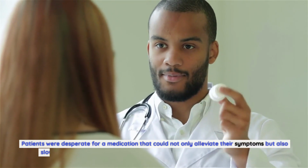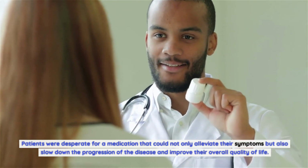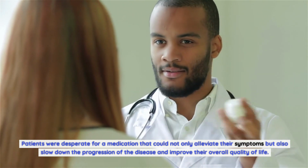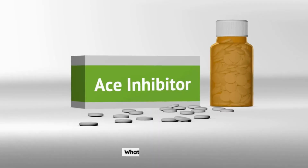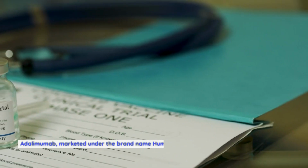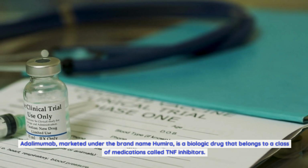Patients were desperate for a medication that could not only alleviate their symptoms but also slow down the progression of the disease and improve their overall quality of life. This is where Adalimumab stepped in to change the game. What is Adalimumab? Adalimumab, marketed under the brand name Humira, is a biologic drug that belongs to a class of